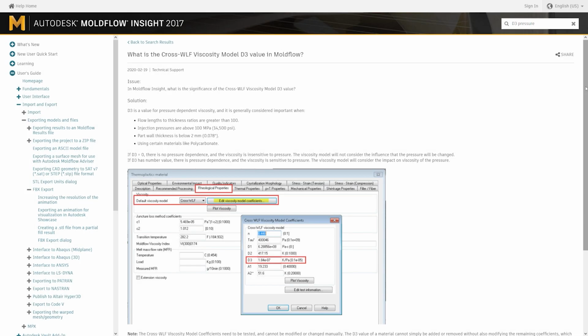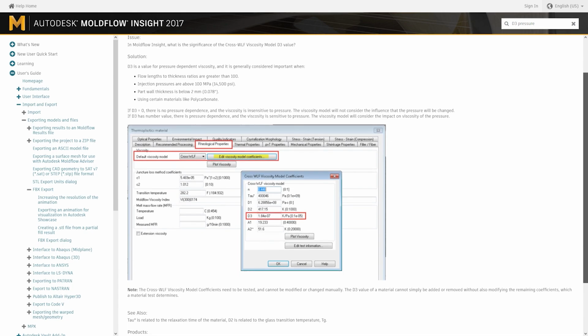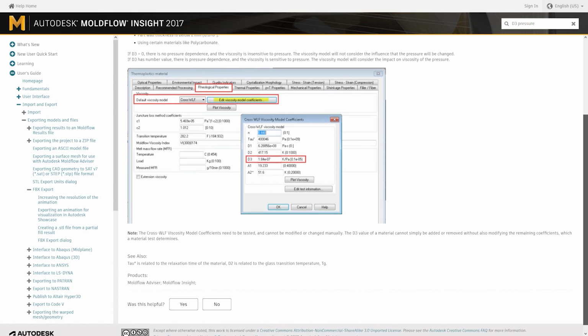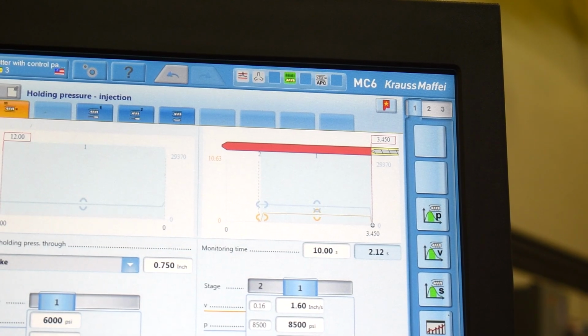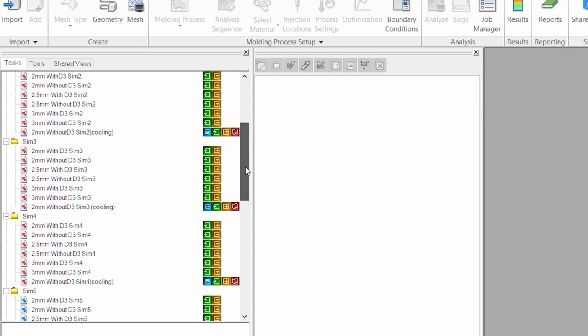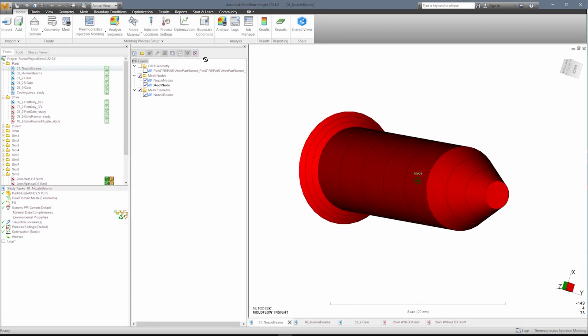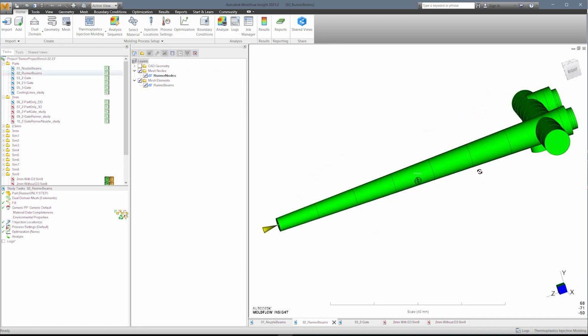These include flow length ratios greater than 100 to 1, wall thicknesses below 2 mm, and pressures in excess of 100 MPa. In order to test when D3 produces more accurate simulations, a real-world process would be made to find the real pressure values, and a multitude of different Moldflow simulations would be created with the same process settings to test the predictions. The difference between these settings is the technique used to mesh the part, gate, runner, as